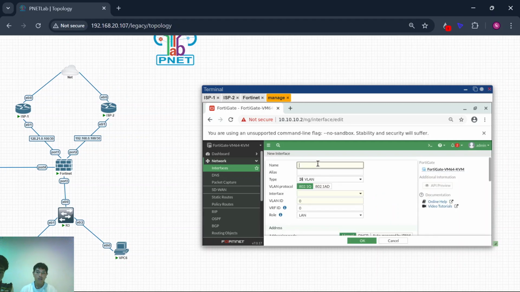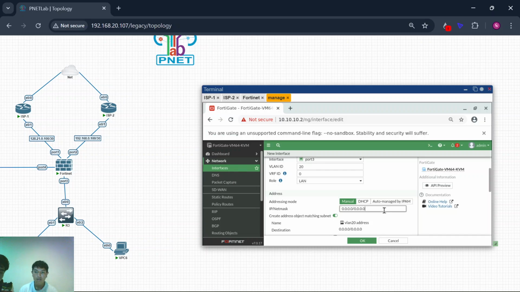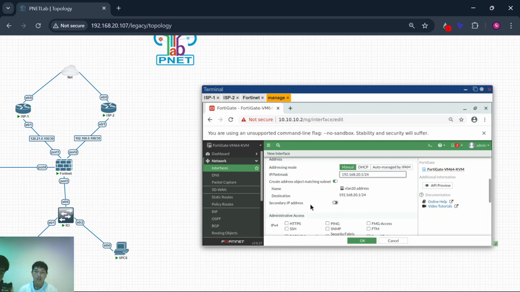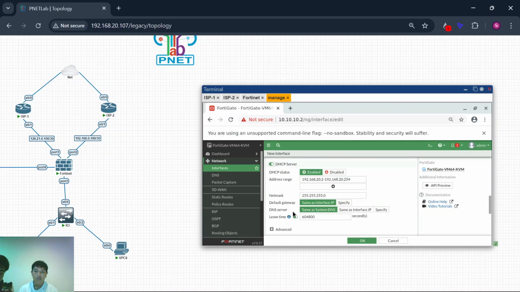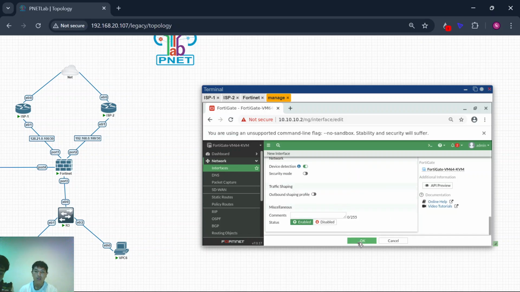Name VLAN 20, alias VLAN 20, interface is the same port 3, VLAN ID is 20, and for the IP 192.168.20.1/24, and allow the DHCP server here.